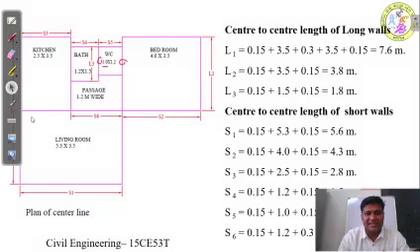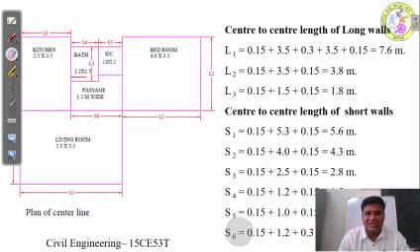And the last wall is S6, that is from here to here. So this wall length is 0.15 meters, plus the linear dimension between here to here is 1.2 meters, and the total width of this wall is 0.3, plus again the width between here to here is 1 meter, and again the center to center distance of this wall is 0.15. So total it will come to 2.8 meters.